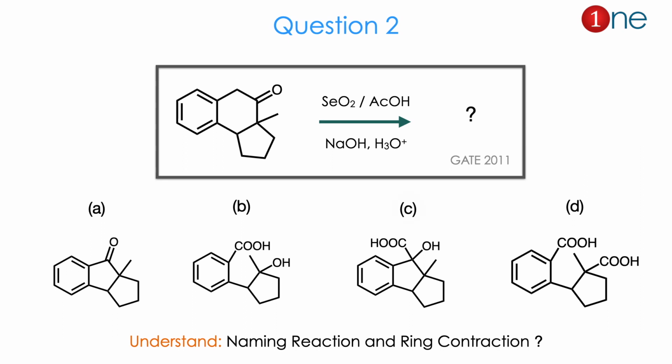The product mostly has the middle ring changed. It is either changed to a 5-member ketone acid, or a 5-member hydroxy acid, or the ring is just opened as a diacid. So the possibility is a reaction over the middle ring. From the reactant to product there is a suggestion of a named reaction, which is a rearrangement and ring contraction possibility, definitely discussed here. The answer is C. Let us see how.